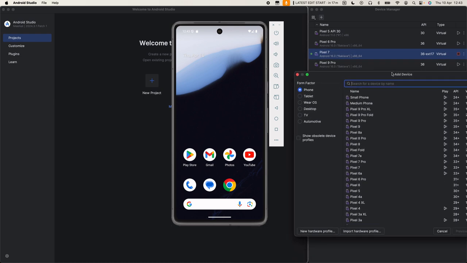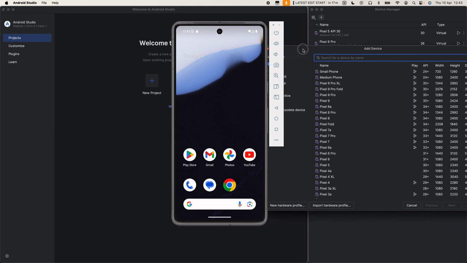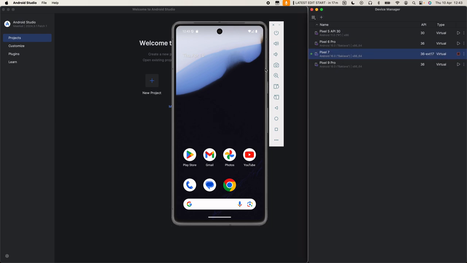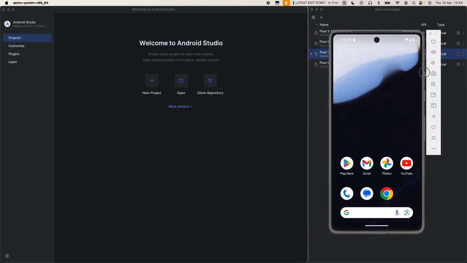As we said earlier, you're going to want to create an image of phones that are reflective of what your user base is actually using. All right, so there's a variety of phones. You can do tablets, desktop, various different things, and create custom images. But essentially, this is probably your start point. If I close that down, you can see I've already installed a number of images, Pixel 5 through to Pixel 9. I've actually fired up the Pixel 7, so I'm going to focus on that for the